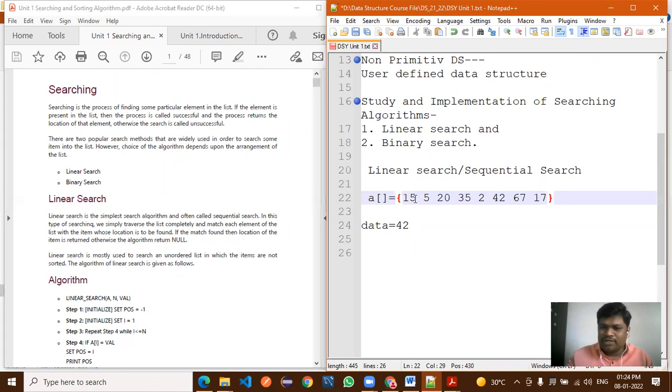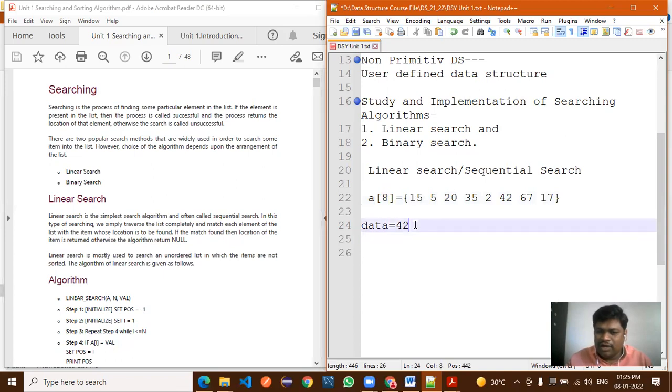Here 1, 2, 3, 4, 5, 6, 7, and 8 elements are there. Index you can consider up to 7, so 0 to 7, but the size of the array is 8 here. The array size will be 8. Okay.